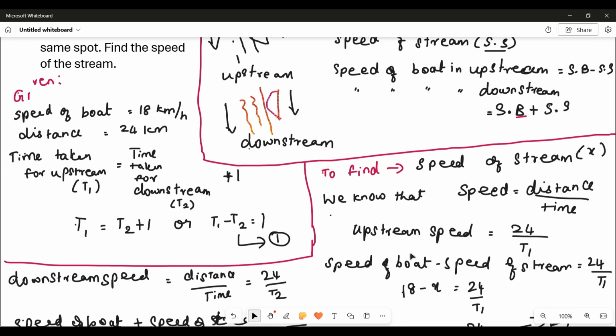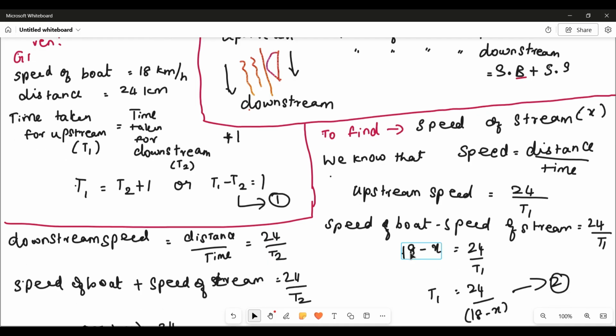This is what we are going to do now. Here, upstream speed is equal to distance by time. Upstream speed, we know, is speed of boat minus speed of stream. So speed of boat is 18 and speed of stream is x. We had named the speed of stream as the unknown variable x. So 18 minus x is equal to distance covered, which is 24, and